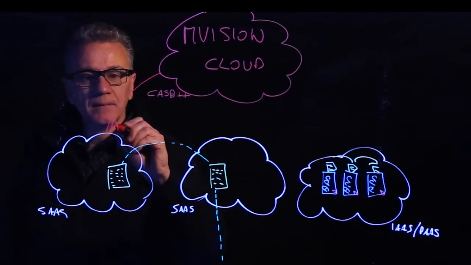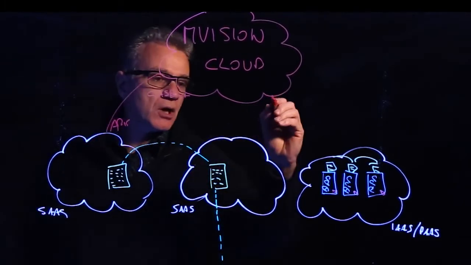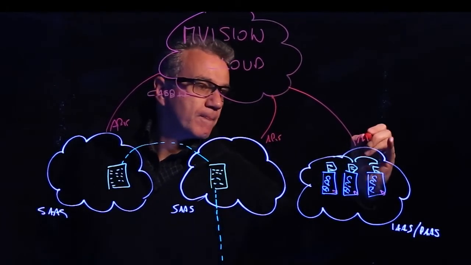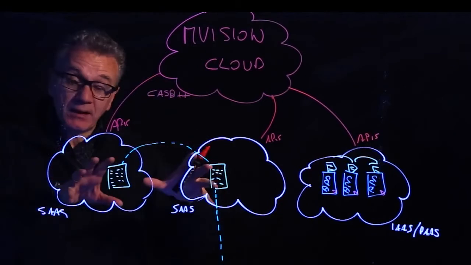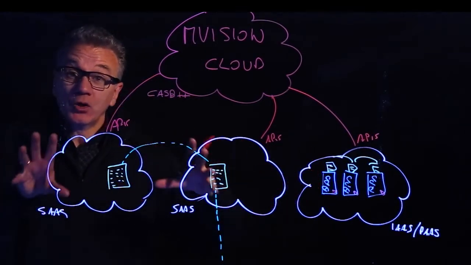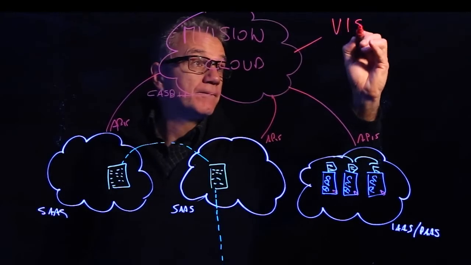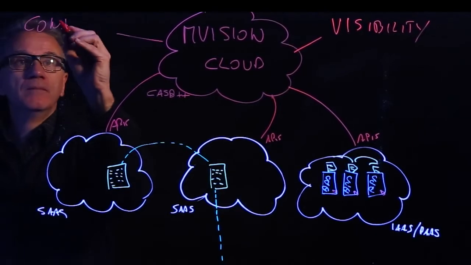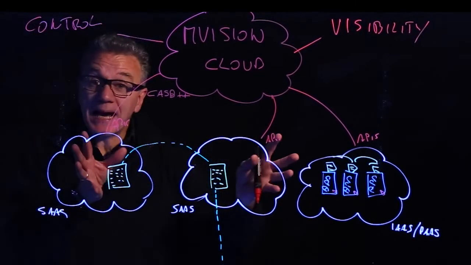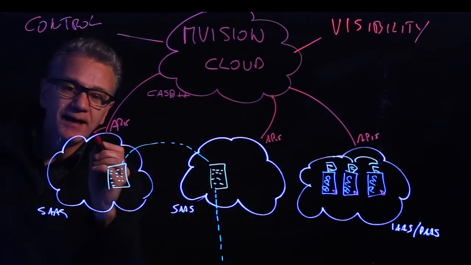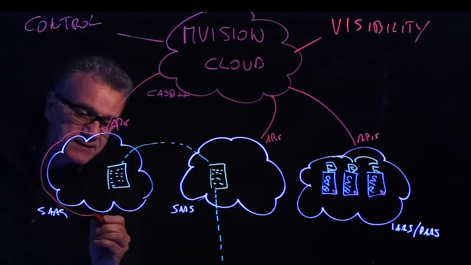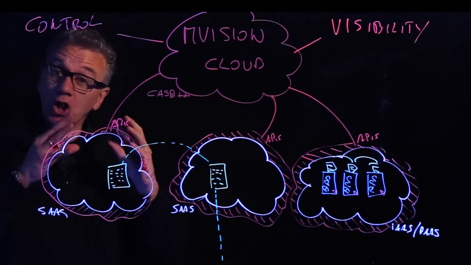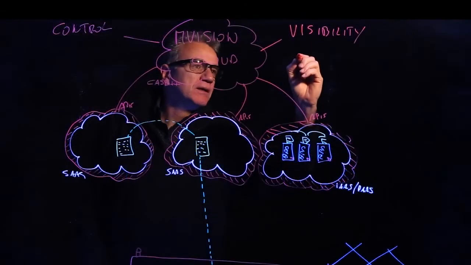Through APIs and a combination of reverse proxies, MVision Cloud integrates with your entire cloud footprint to allow you to regain visibility and control. The use of APIs and reverse proxy is like MVision Cloud creates this halo around your cloud instances that allow the platform to create what we call cloud context. This includes